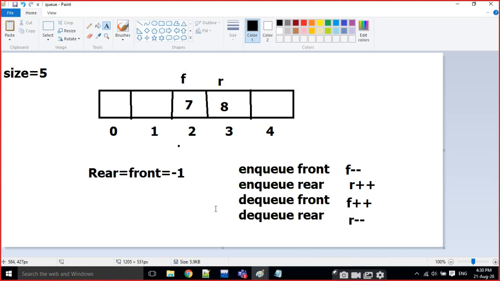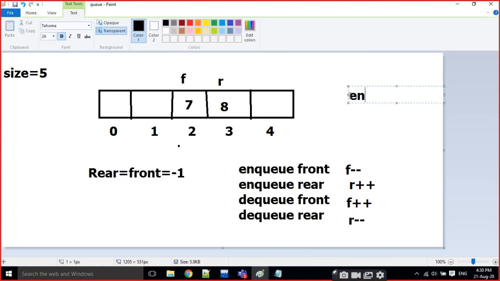Now I am going to click on NQ at front, NQ front of 10.